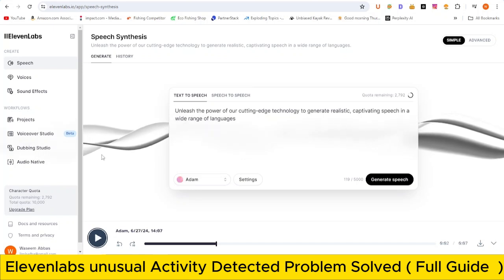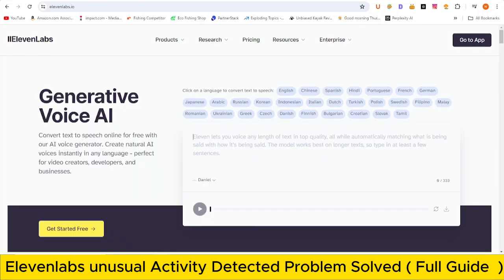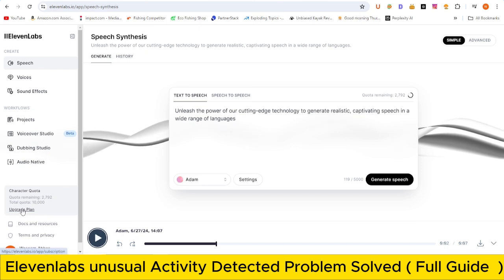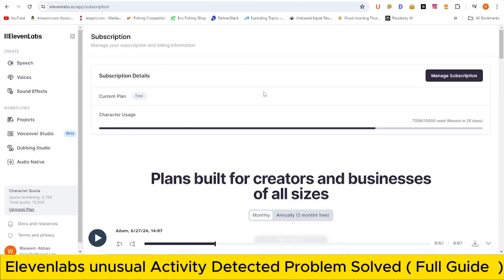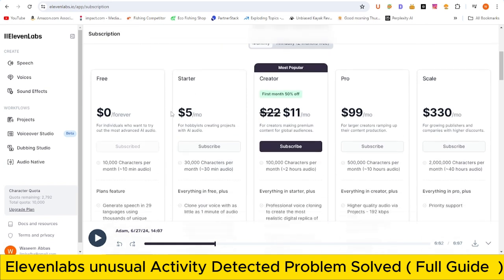Then after creation of your new account, you just have to tap on upgrade plan. Don't worry about money. You can see starter is $5 per month, but you don't have to pay $5 per month. If you go with my link in the description of this video and create a new account, you will get it for $1 for the very first month, and after the first month detach your credit card, and then you can use this